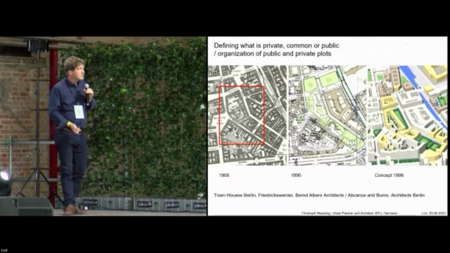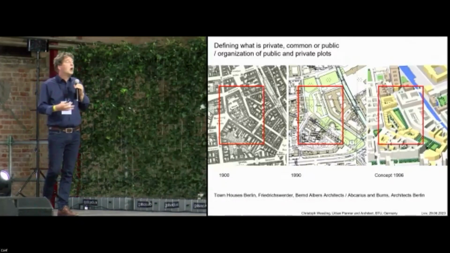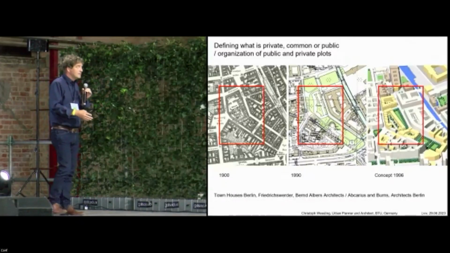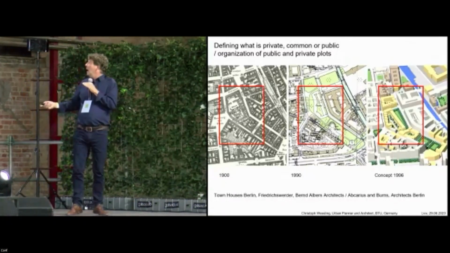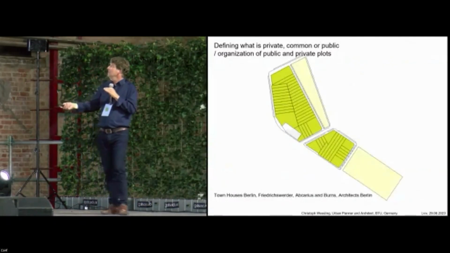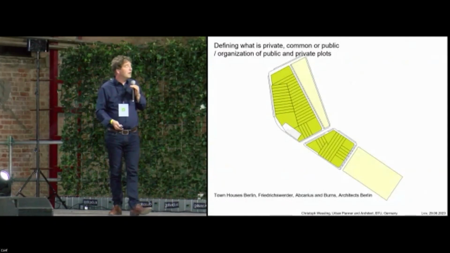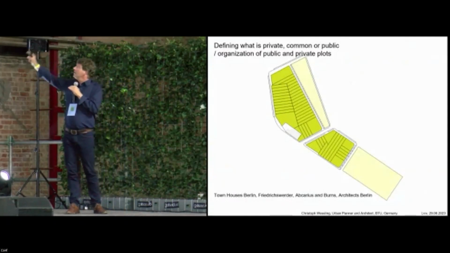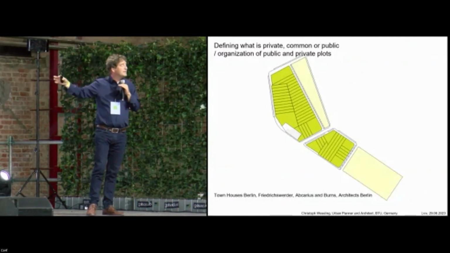Very important is also, we spoke today much about common spaces, public spaces, and private spaces. This definition in our cities is very important. And here I give you one example. When they started to redevelop this area, first the architects defined what are the light green public spaces, what are the building fields, and how the parcel should look.